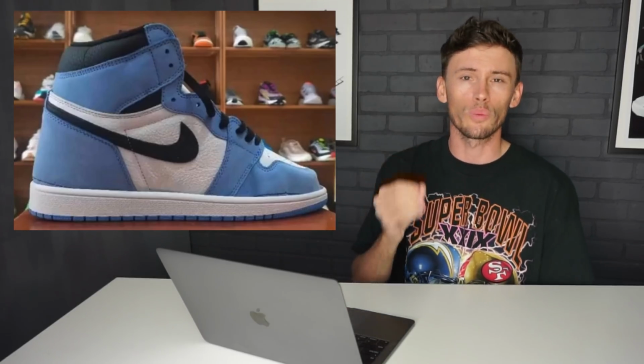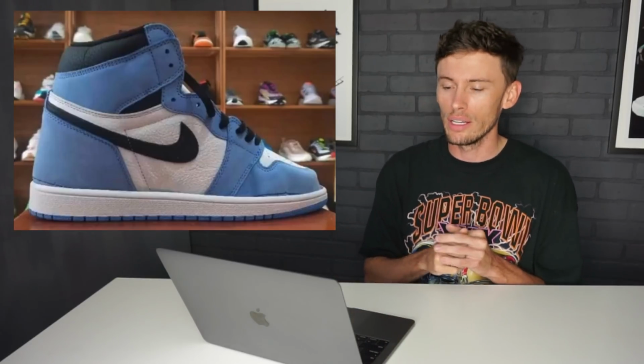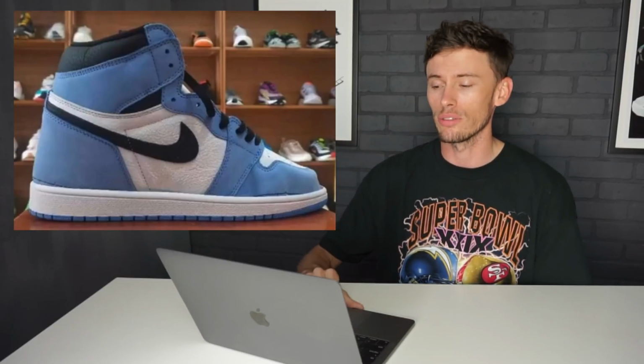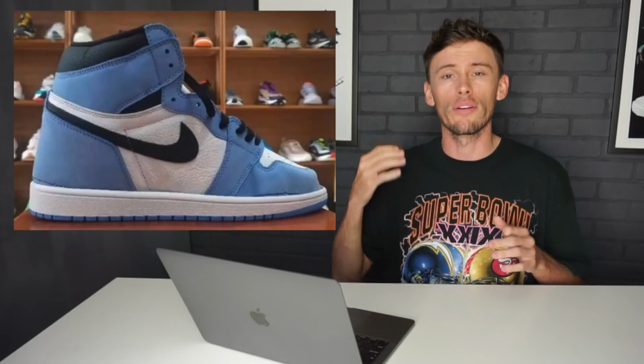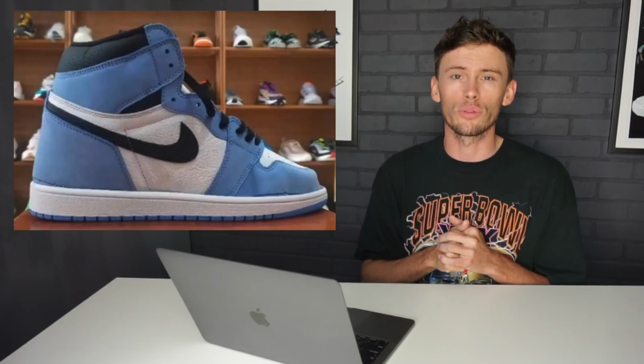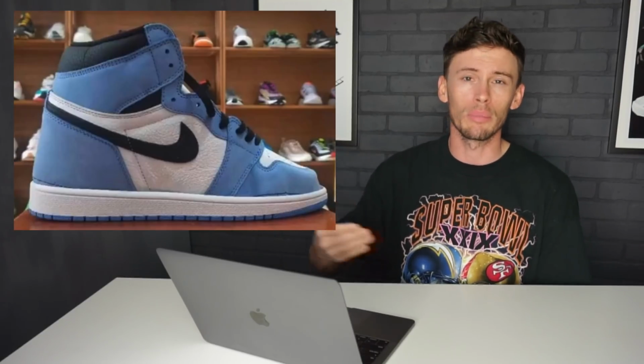And also the suede. We had that brown, kind of shortcut suede on the Rookie of the Year, and it looks like the exact same suede material is used on this University Blue Air Jordan 1. Now these are rumored to drop on February 20th, 2021. Retail is $170. That would normally be during NBA All-Star Week 2021, but the fact that we don't really know